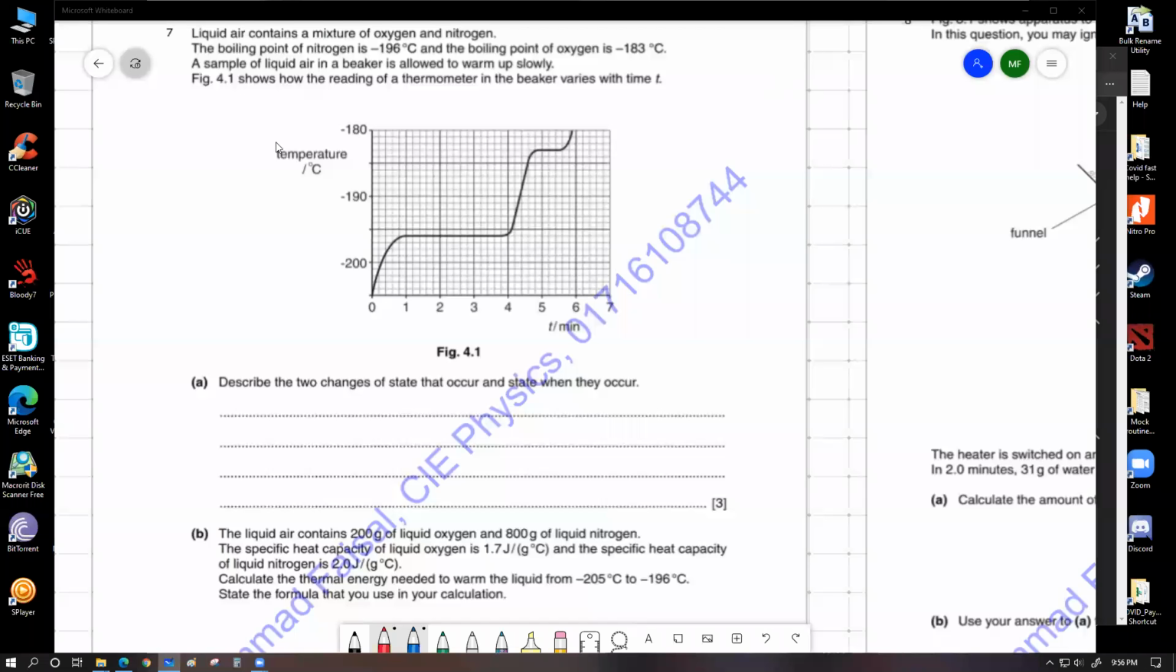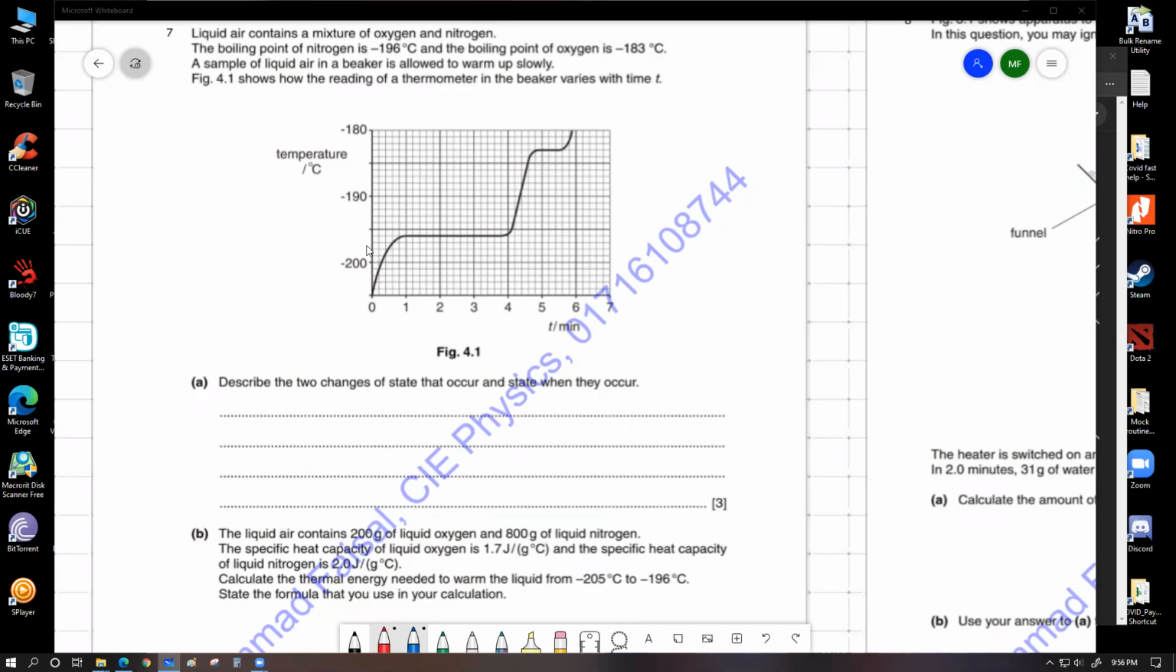So this is question number 7. We have two different temperatures for the boiling points of nitrogen and oxygen, which are mostly the mixture content of air. If we cool the air down so much that the whole air is now liquid, and then allow the temperature of that liquid air to increase,